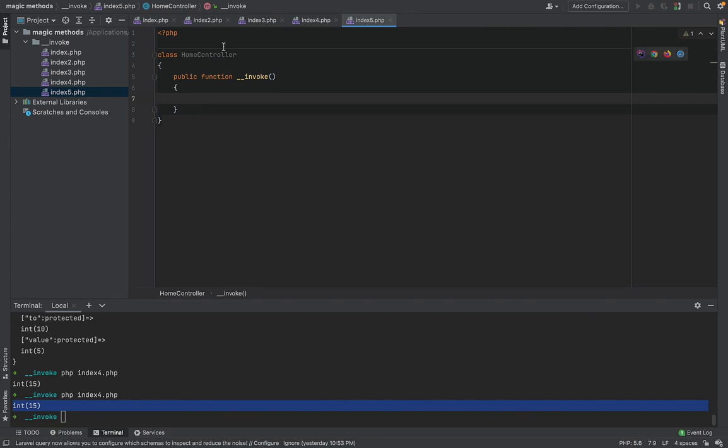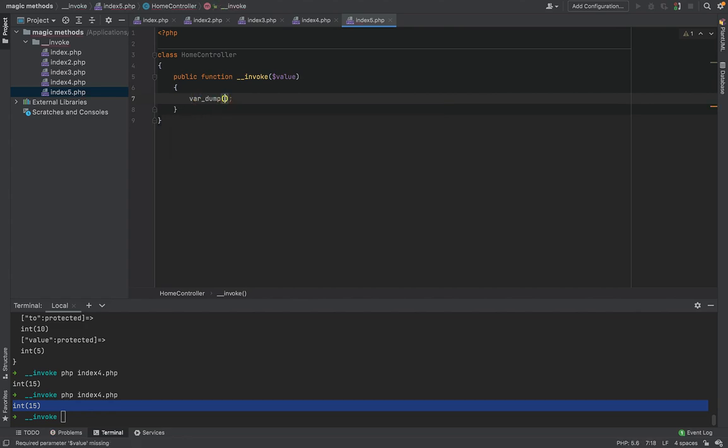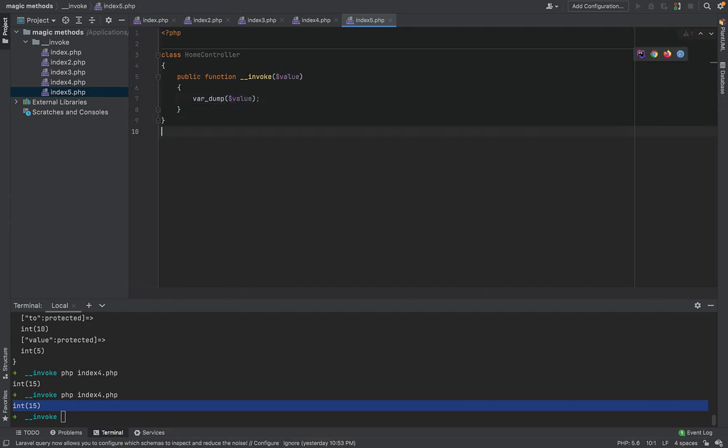So there may have been some questions in your head: do we have to use the invoke just like this? The answer is no. You can simply add anything as a parameter, as an argument, to the invoke method.